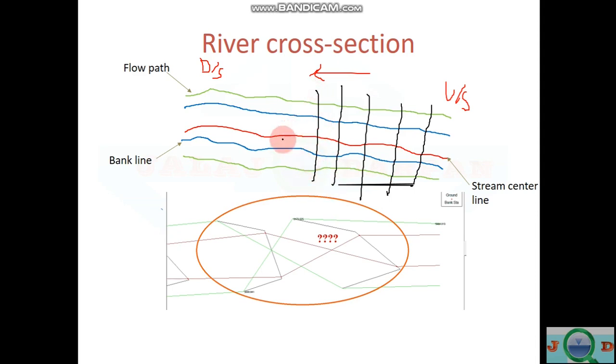In some cases, if by mistake or by neglect you draw from right to left, then there is a chance of occurrence of a crisscross cross section between them.